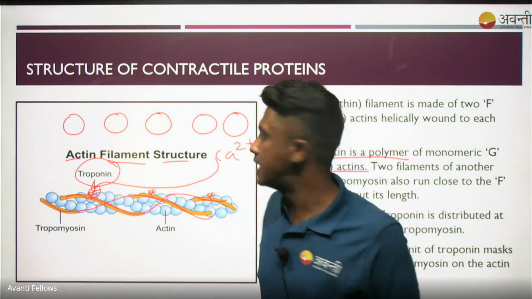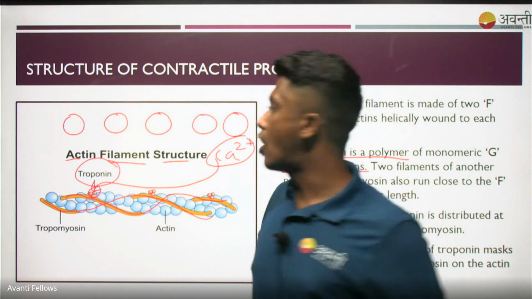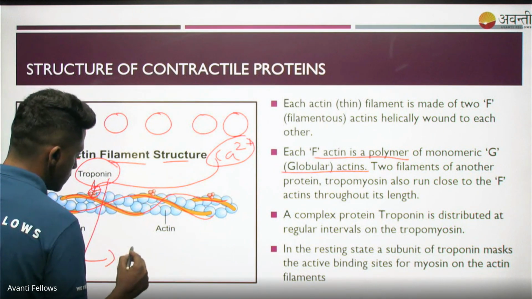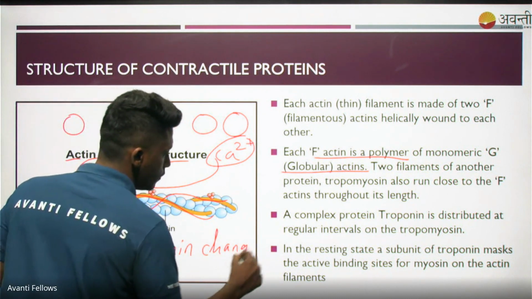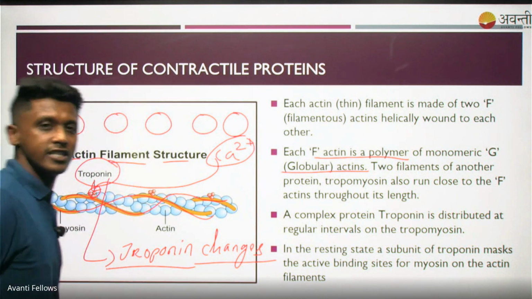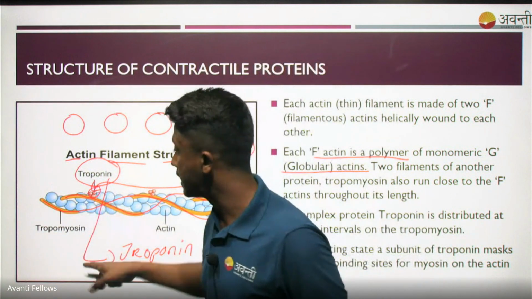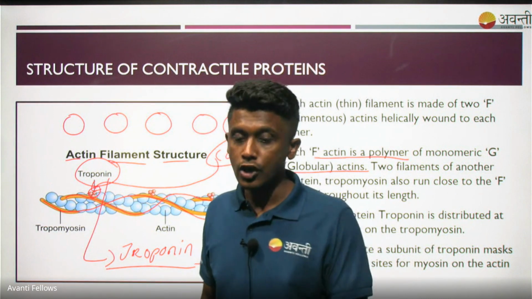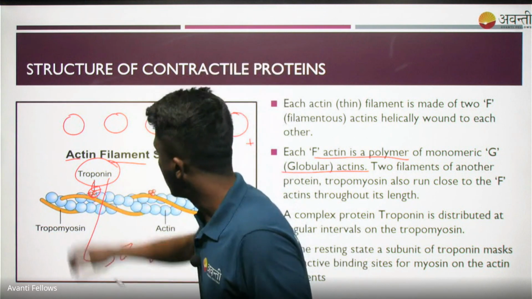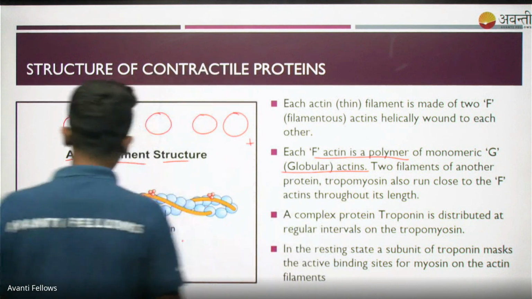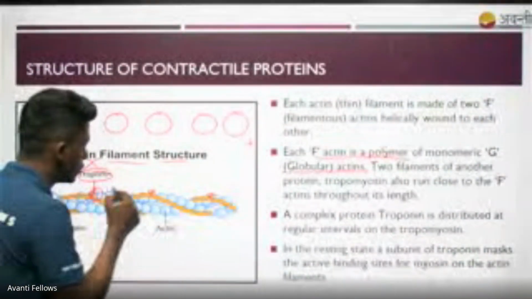So that is why contraction was not possible. Now, since the calcium is released, these calcium ions go and bind to the troponin. Once they bind, it creates conformational changes in troponin. When I say conformational changes, there is a small structural change in troponin. Now troponin can no longer attach to the tropomyosin. Since there is a conformational change, this troponin tropomyosin complex is broken. There is no troponin anymore, so the tropomyosin becomes